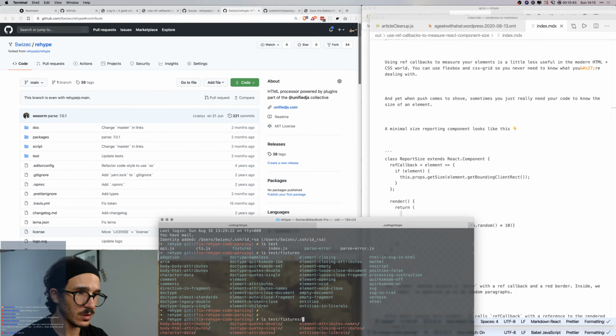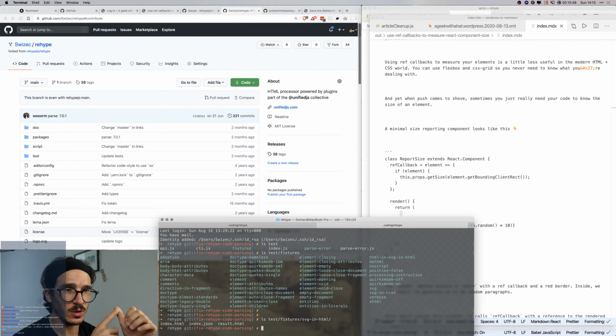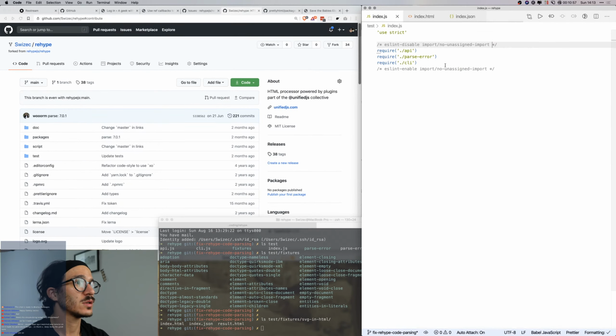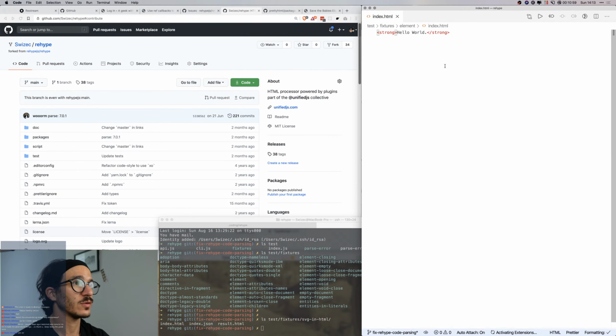So I'm going to look at SVG in HTML. That looks promising. We are going to need the index HTML, the index JSON, and the result HTML. I'm going to look at how that works and see if I can make sense of it.